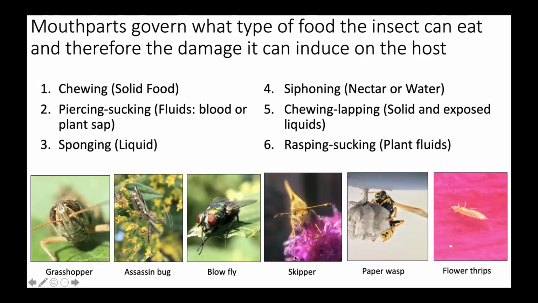Moths and butterflies have a siphoning mouth part. They have a proboscis that rolls up underneath, and they use it like a straw to sip up nectar and also water. There are insects that have chewing, lapping mouth parts. This could be some bees and wasps, where they need to cut into things and then suck up fluids, but it's a little bit different. And then thrips have something called a rasping mouth part, and it's a little bit different, but it's